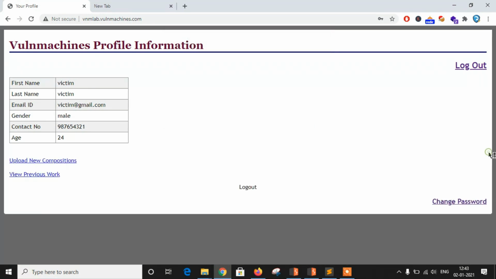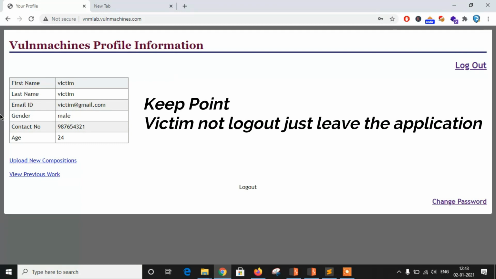As you can see, the victim's new password is 1 2 3 4 5 6.